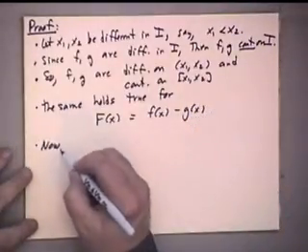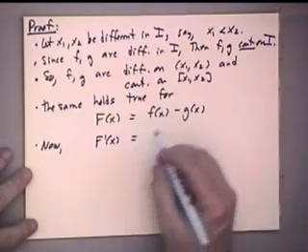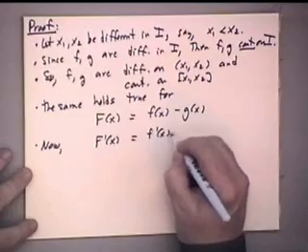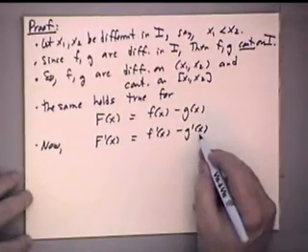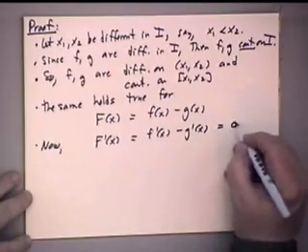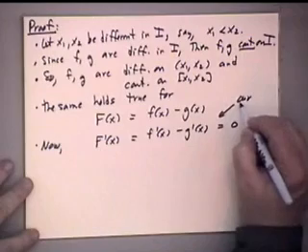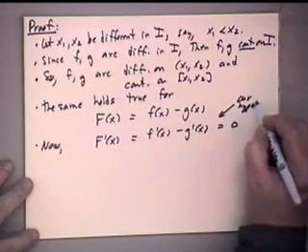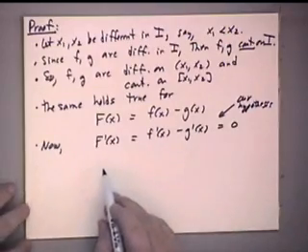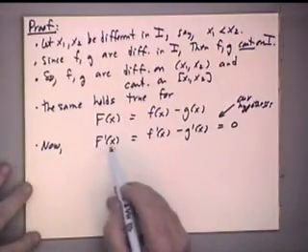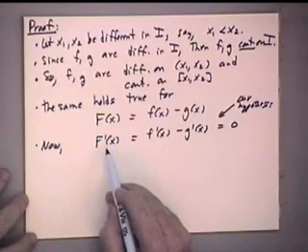Now, suppose we take the derivative of this function big F of x. Well, that is going to be little f prime of x minus g prime of x. But these two, remember, we assumed were equal. So the difference must be 0. So this uses our hypothesis here that the two derivatives are equal. So we have to use the hypothesis somewhere, and this is where it's used. That means this function big F has a derivative equal to 0. By the previous consequence of the mean value theorem,